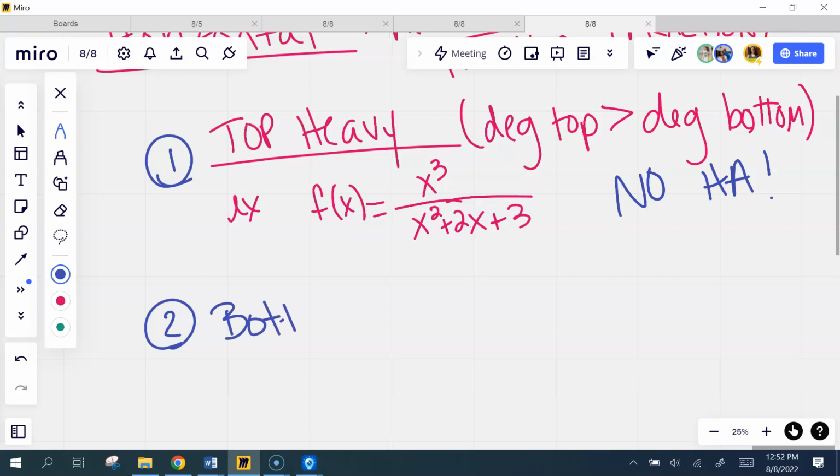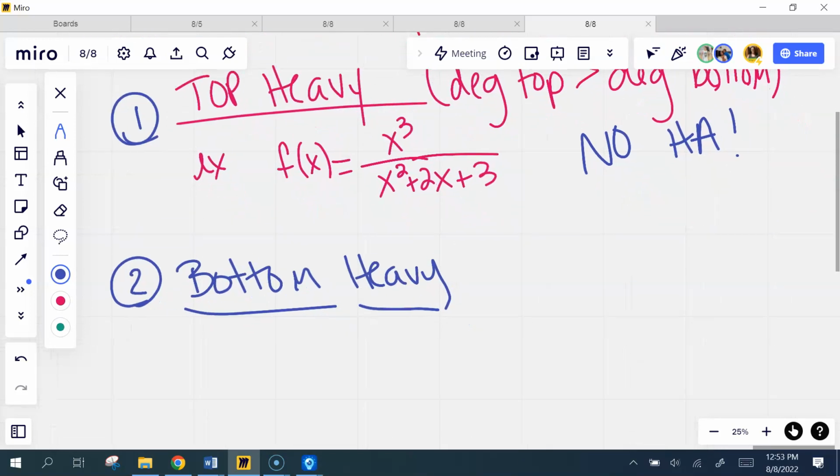Bottom heavy. What do you think that means? Bigger on the bottom. The degree is bigger on the bottom than on the top. So if we just took this one,